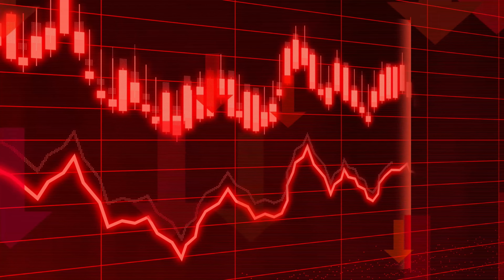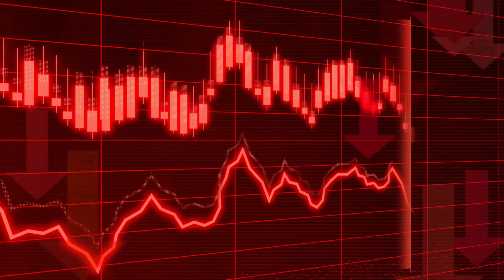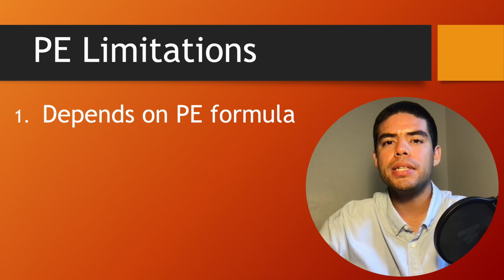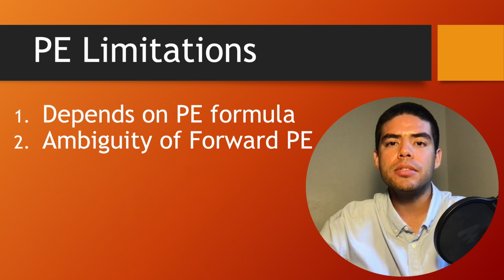There are likely more limitations to the price to earnings ratio, however, I will go over the three that stood out to me. The first limitation is that there are multiple PE formula variations. Some may make a company seem overvalued, whereas another might make the company seen as undervalued, leading to inconsistent results based on interpretation. Second, it is difficult if not impossible to forecast how well a company will do in the future, given how much changes over time. This makes forward PE be susceptible to error with drastically changing conditions.